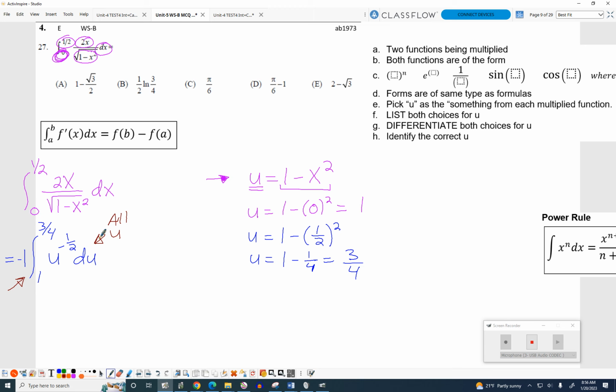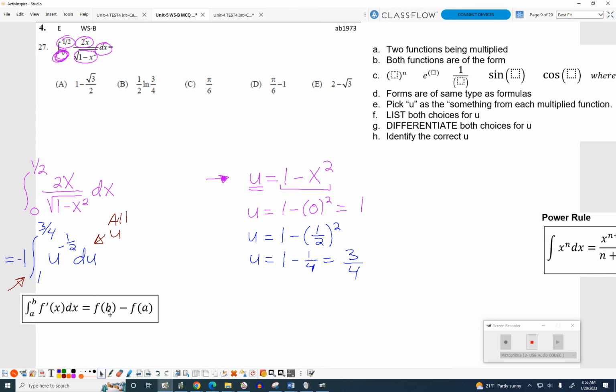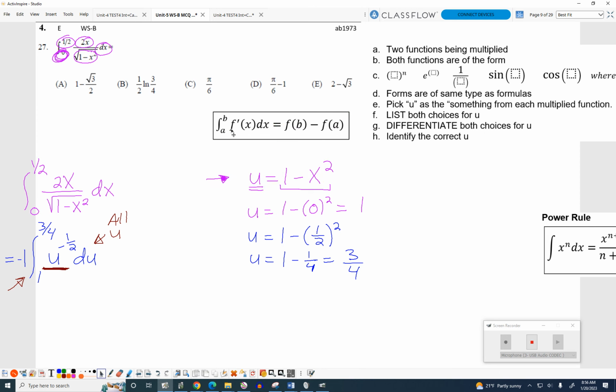Okay, questions? Okay, so back to the fundamental theorem. Fundamental theorem says, right here, if I'm integrating some formula, rather than integrate this brown, I'm going to find the antiderivative of the brown and plug in the limits. So your next line should say, move that out of the way, equals